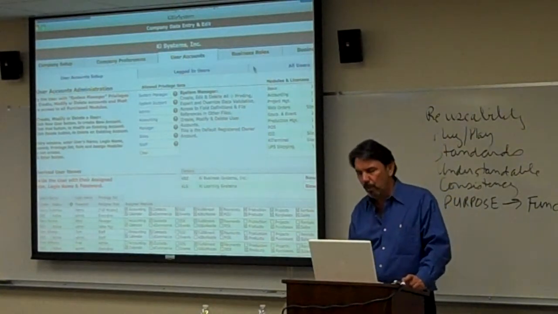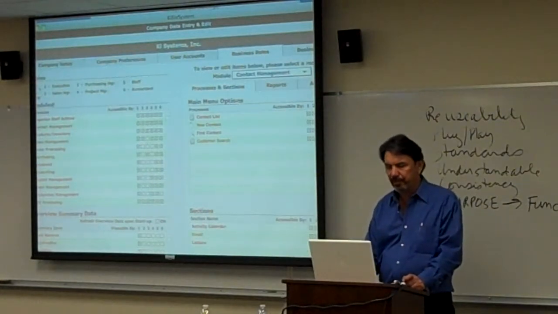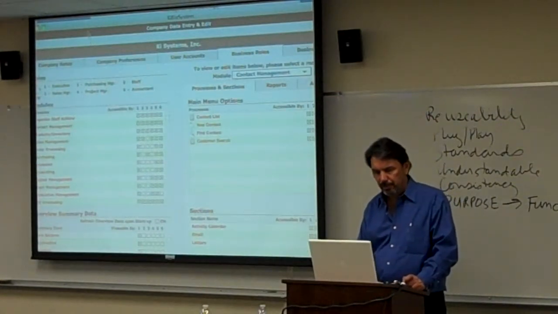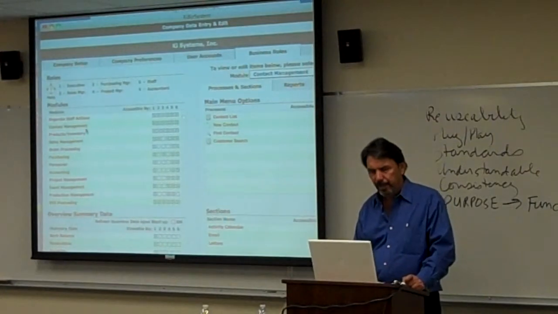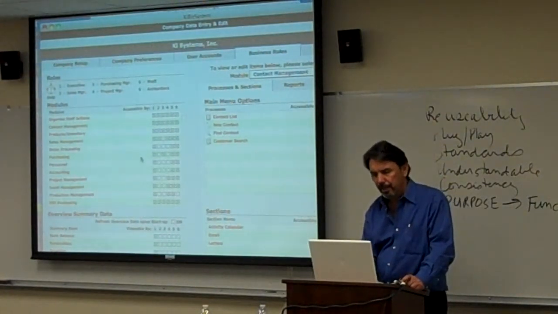So here are the business roles here. You see how here are the 6 roles. And then they have the modules here. And then you have, like on that overview, I told you the overview